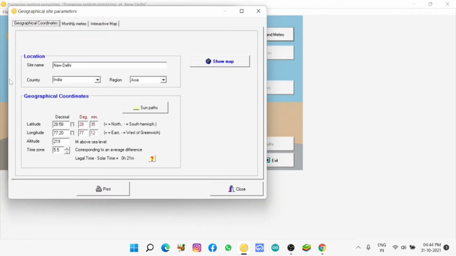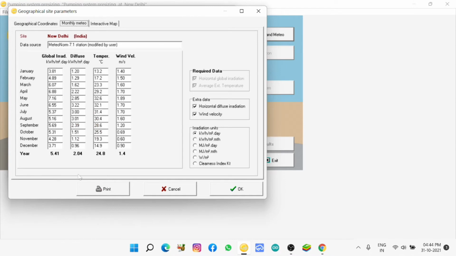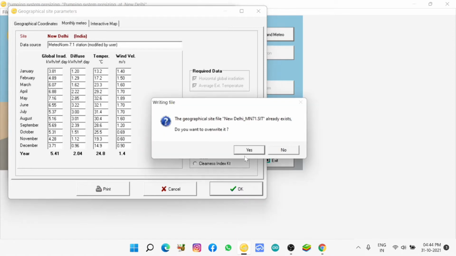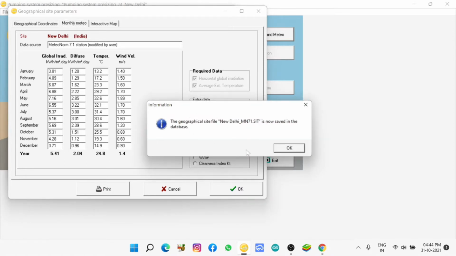So gentlemen, I am repeating again and again, you must learn it. This is very easy software. As it asks to proceed, proceed. You can see the maps also. Just play with it. Don't take it as a headache, a very big job. It's very easy. You see, this is the tabular form of our meteor norms on a monthly basis, then yearly basis. How much energy you will get, how many units you will save after installing a plant of such capacity.